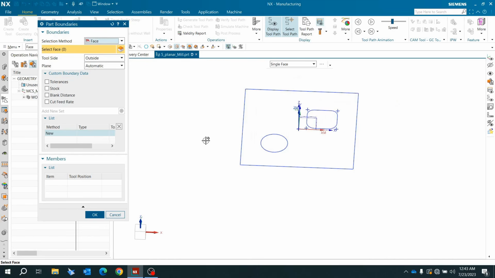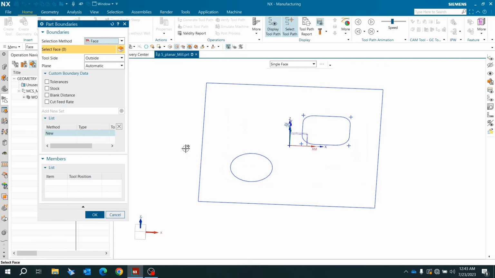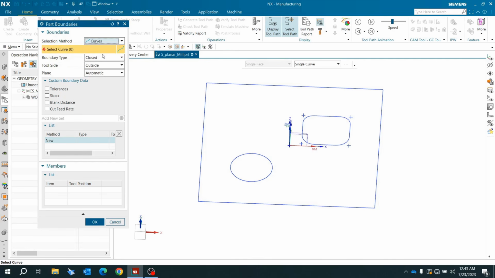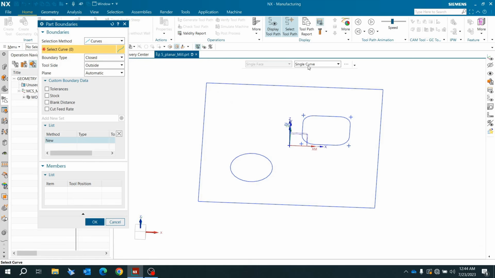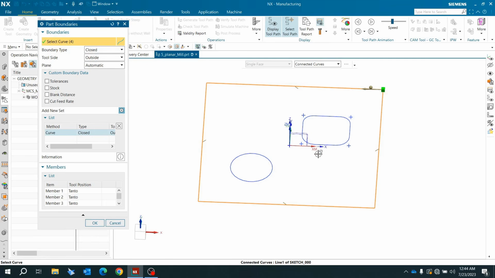Now we are not having any model with us. We are having it, but it is for reference. But in actual practice, if we are not having any part model, then you can consider this selection method. Instead of face, you have to take curves, go for connected curve. If you keep single curve, every time you have to select like this. If you want to select within a single click, then you have to use the selection filter and change it from single curves to connected curve. Select this,